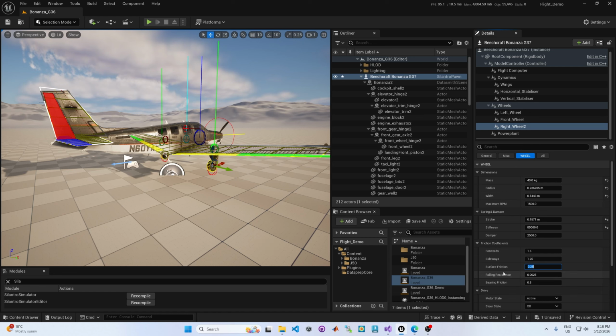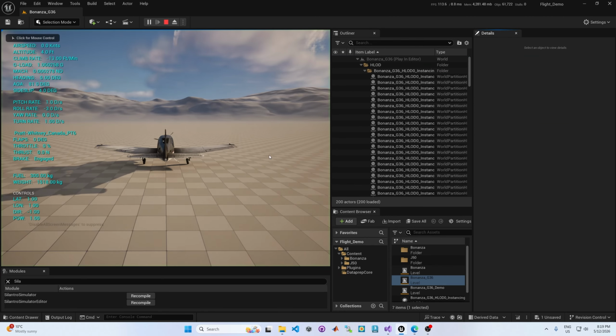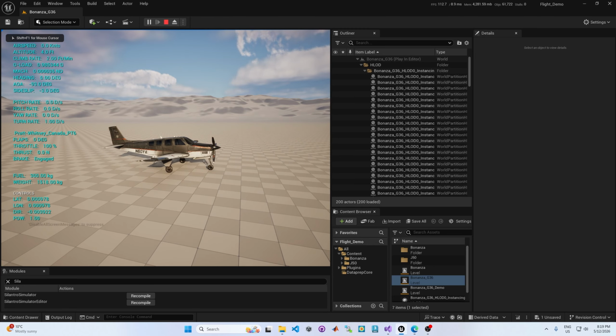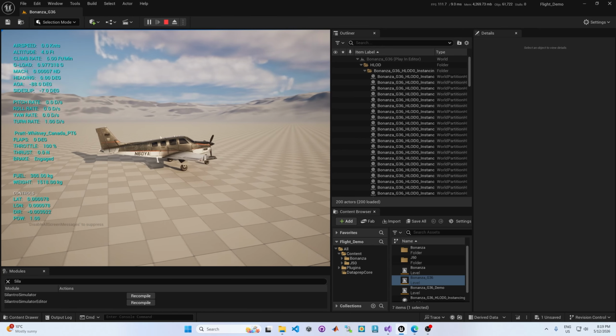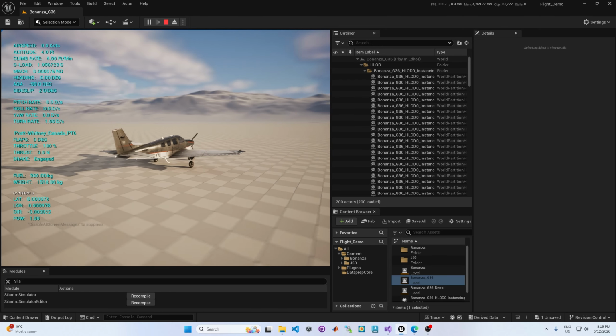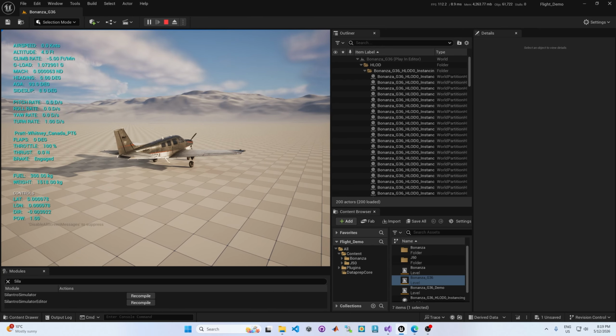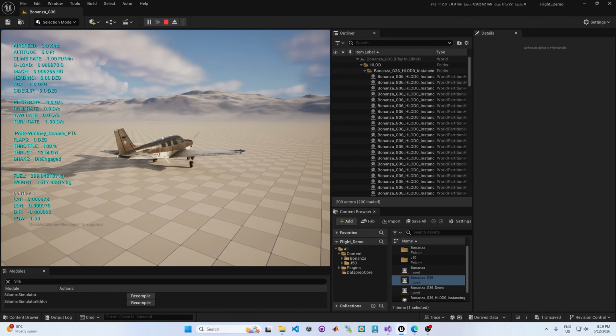So this is in addition to the forwards and sideways friction coefficients, which are related to the velocity of the aircraft. If, for example, I play this, those friction values are now active because they are trying to keep the aircraft at a velocity of zero because the brakes are engaged, which means the aircraft is expected to stay where it is. But once I release the brakes and I start the engines and the aircraft starts rolling